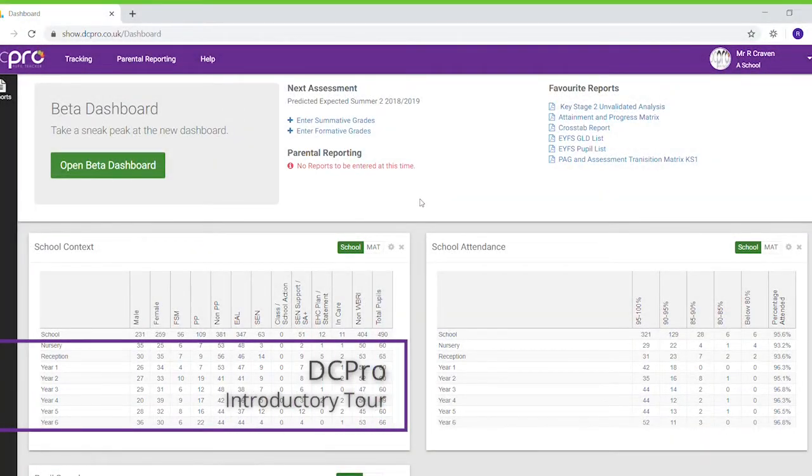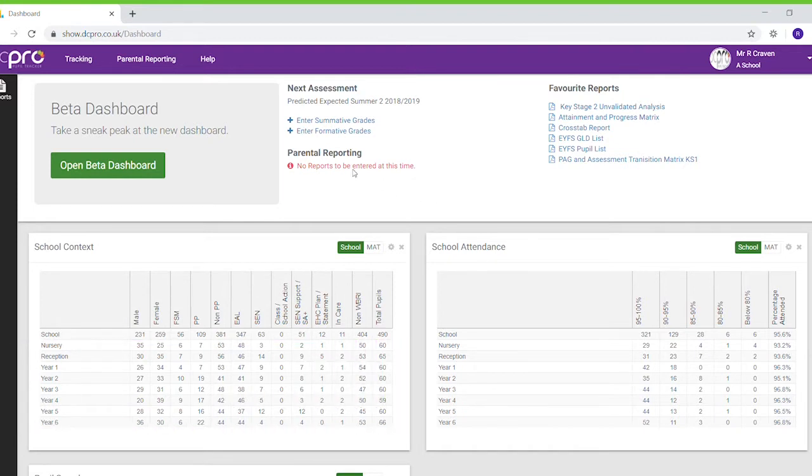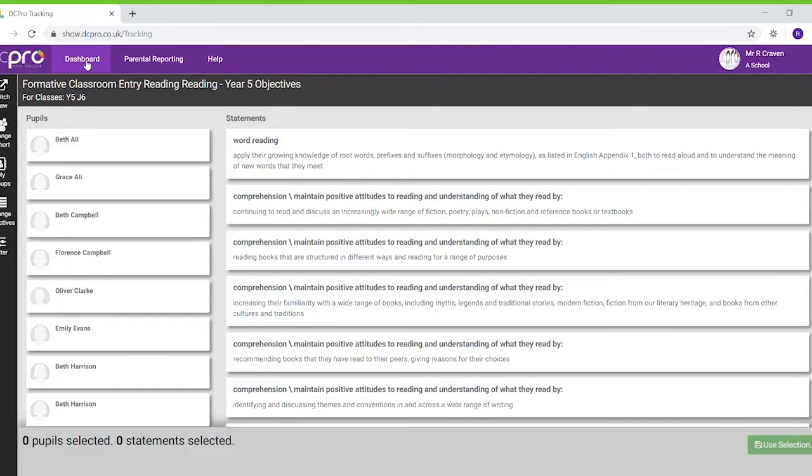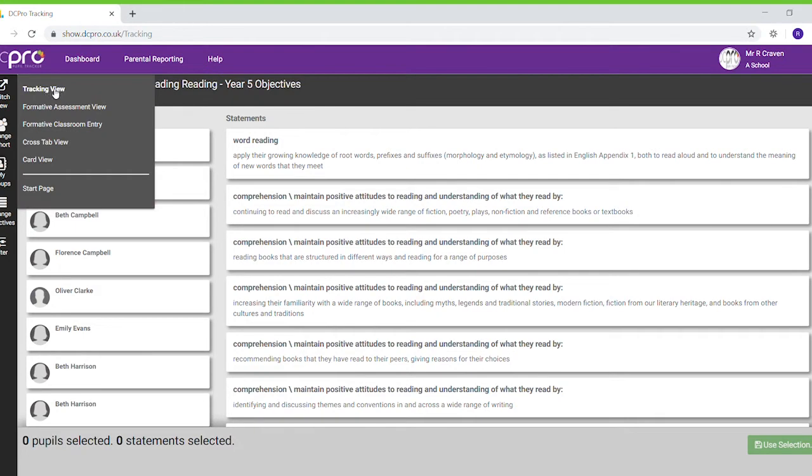In this video, I'm going to give you a quick tour of the tracking screen to show you some of the functionalities that you may or may not be aware of, and different things you can do with the data that you've actually put in the system from the tracking screen. So if I click tracking in the top left, and make sure I go to the tracking view,